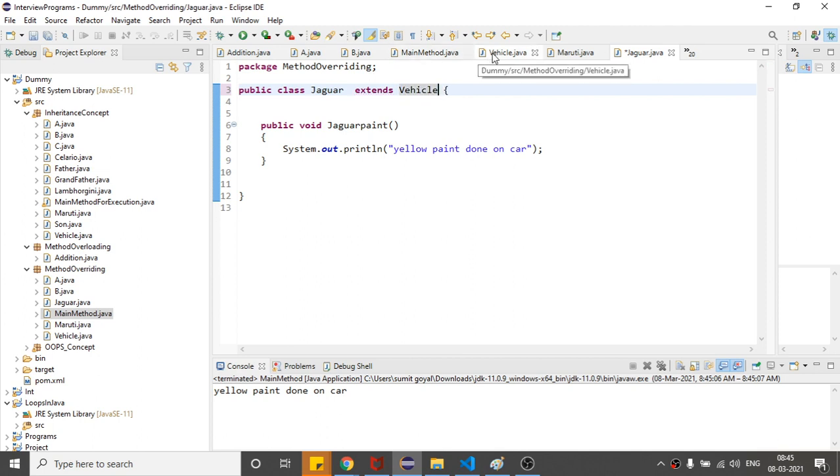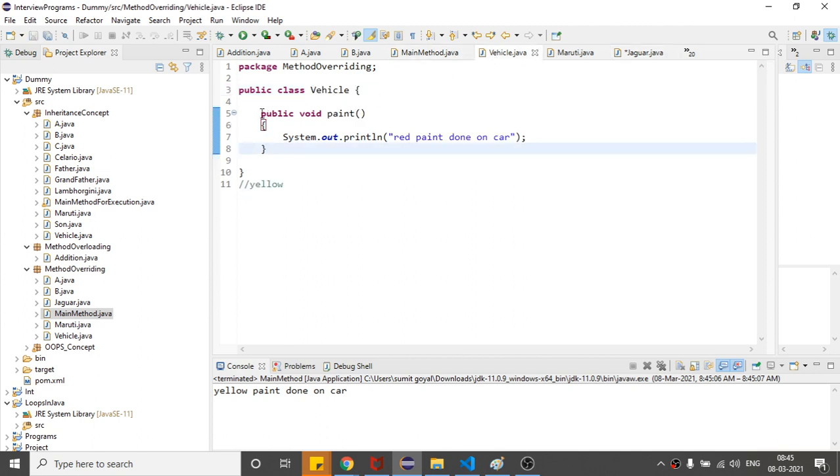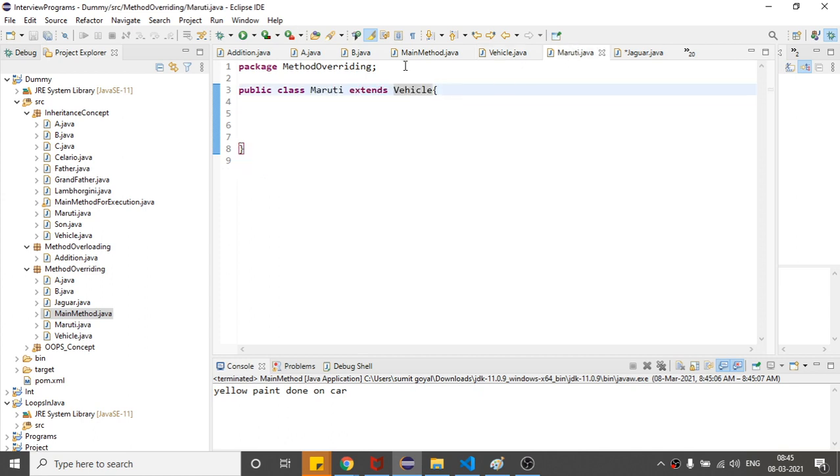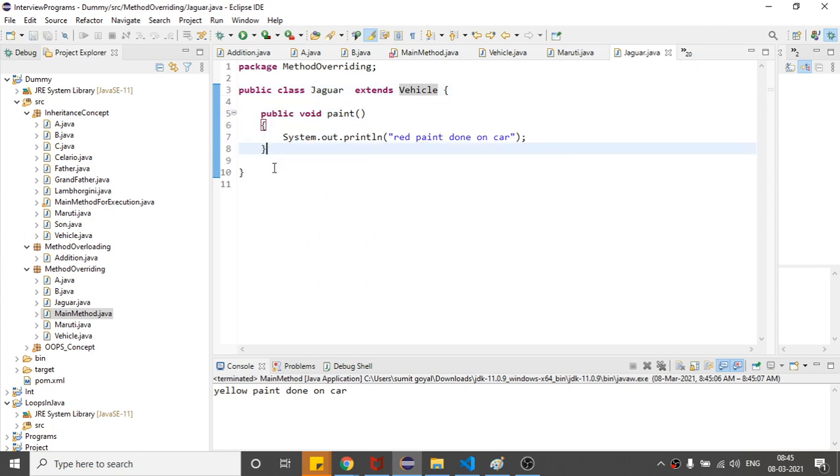Now this same method, I will copy and place it here. Instead of creating a method like this, I will keep it here, right? And what I will do here, you can see red is the paint, I will change the definition of the method. I will say yellow, right? So you can see I am not creating a method with a different name.